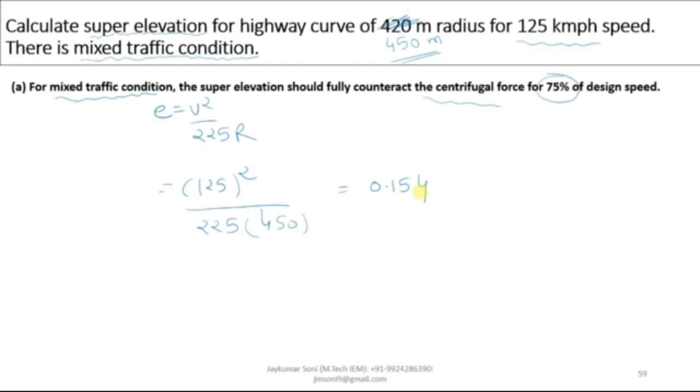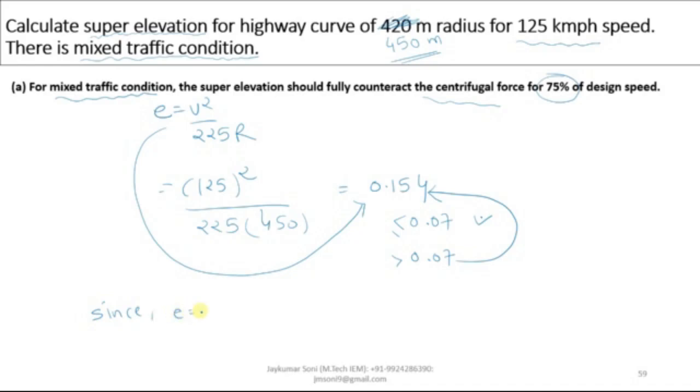Now we have discussed the second criteria, that if the value of E is less than or equal to 0.07, then your answer is right. But if it is more than 0.07, as you have calculated over here, this cannot be considered, since you have to write like this: since E equals 0.154, which is greater than 0.07,